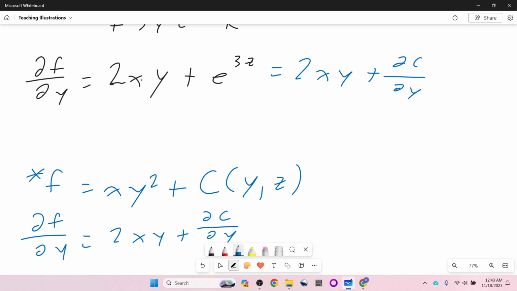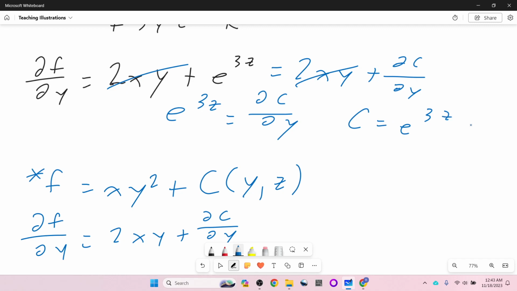So then those are gone. E to the 3z equals del c over del y. So let's do the antiderivative there. C would equal e to the 3z, or dc is e to the 3z dy. Let's take the integral on both sides. We will get c equals y e to the 3z